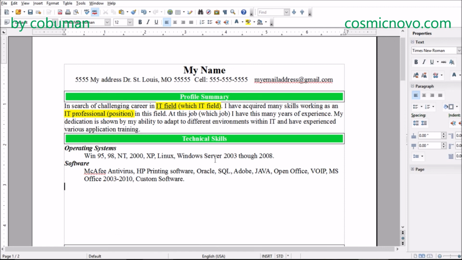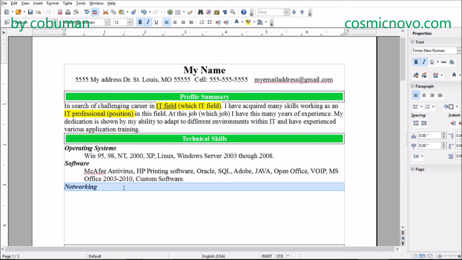So let's go ahead and hit enter here again, and then we're going to have another section here. For example, like I said, based off the information that you have for the position that you're applying for, you can certainly add things that are more relevant. So let's say, for example, you're applying for a position that has some kind of relation to networking, right? You would type in networking, do the same format,